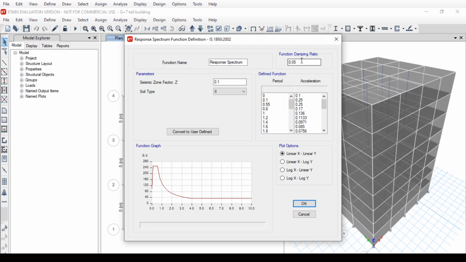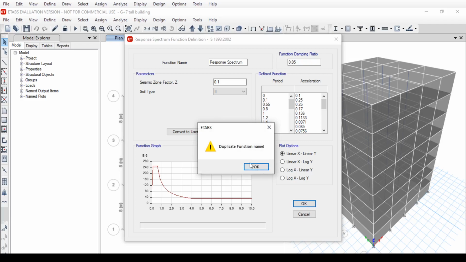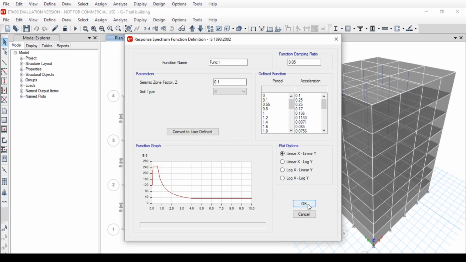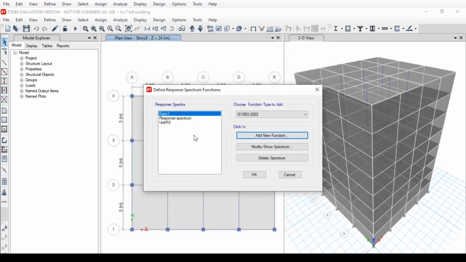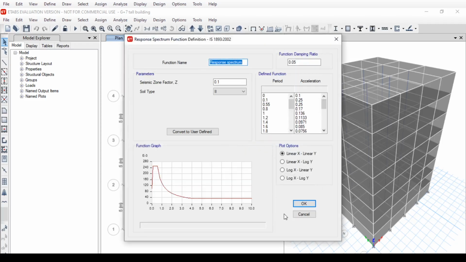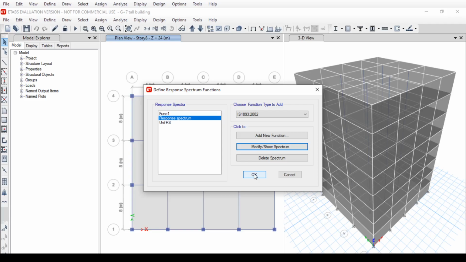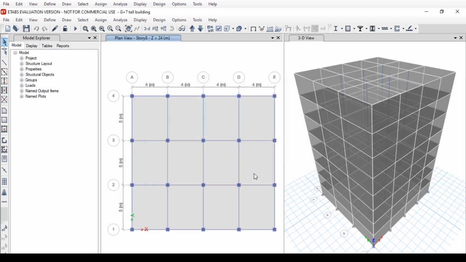Here 0.05 is already set. Click on OK. Click on OK again to exit. Now the response reduction factor response spectrum method has been defined.